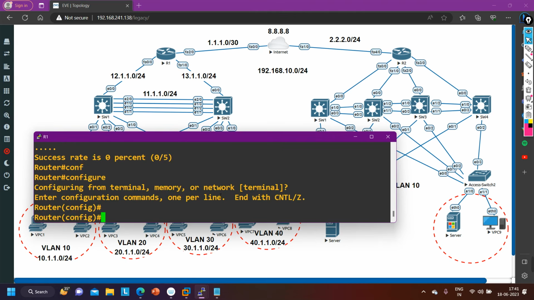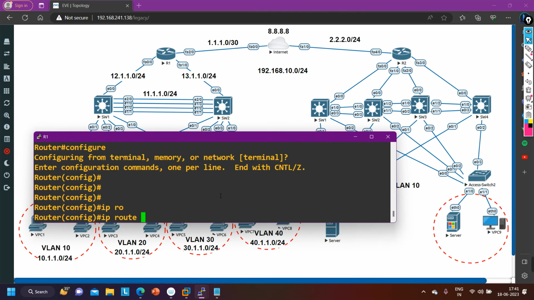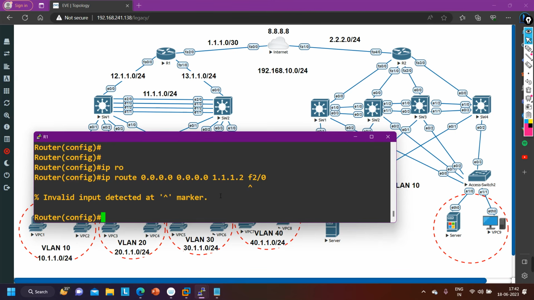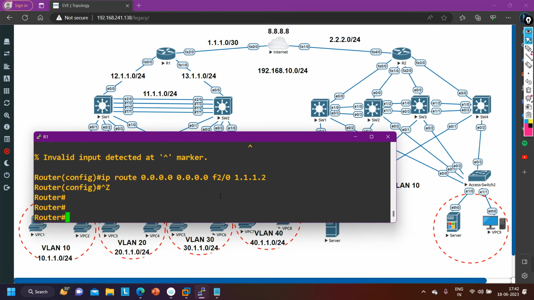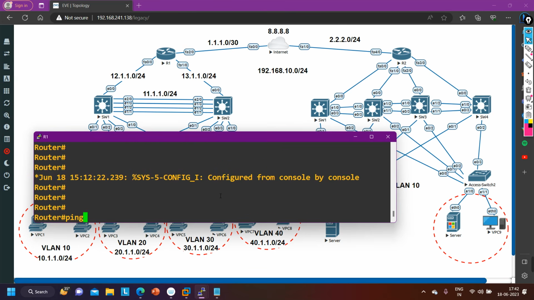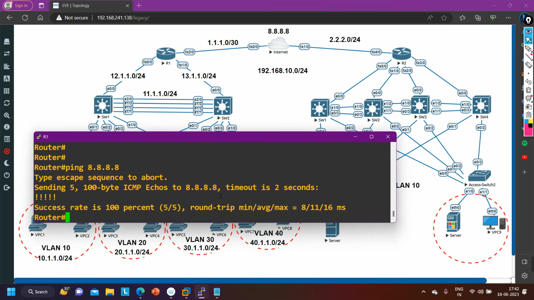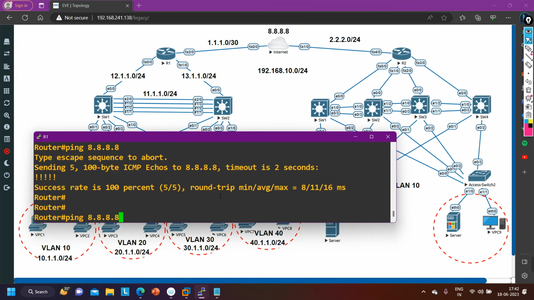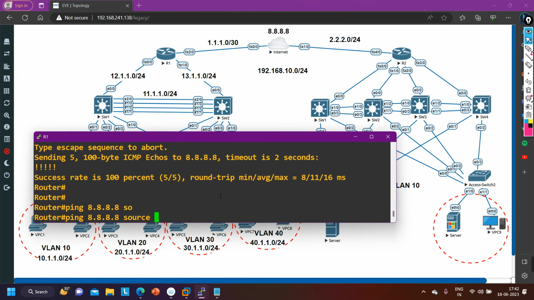LAN interface. So config t, ip route 0.0.0.0 0.0.0.0 and next hop IP address is 1.1.1.2 and exit interface is F2/0. Done. First we need to define the exit interface F2/0 and 1.1.1.2. This is how we configure a default route on the edge router, right? Now ping 8.8.8.8. Yes, I can ping 8.8.8.8, but